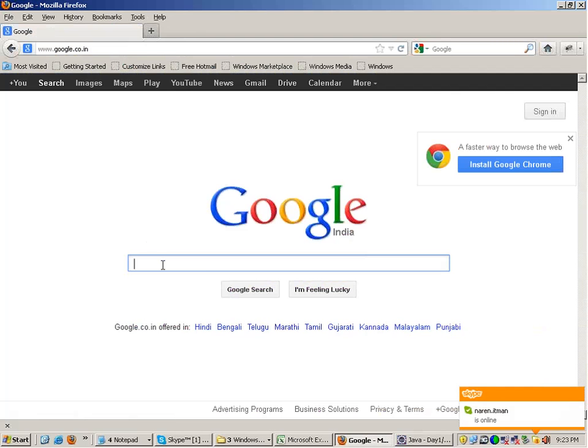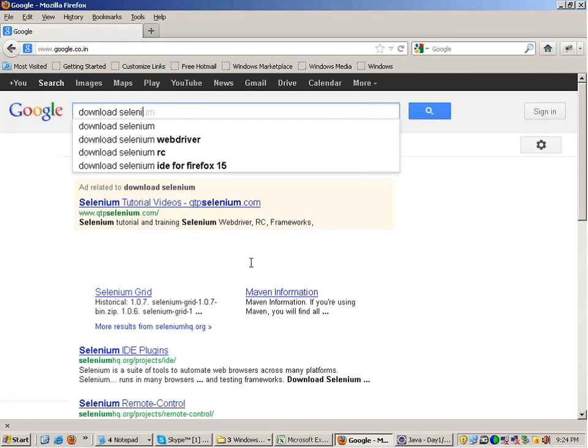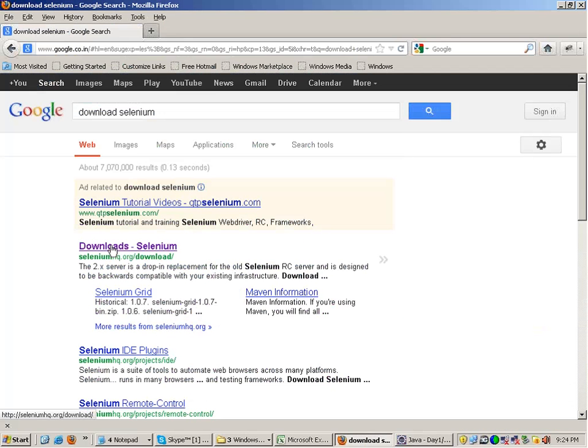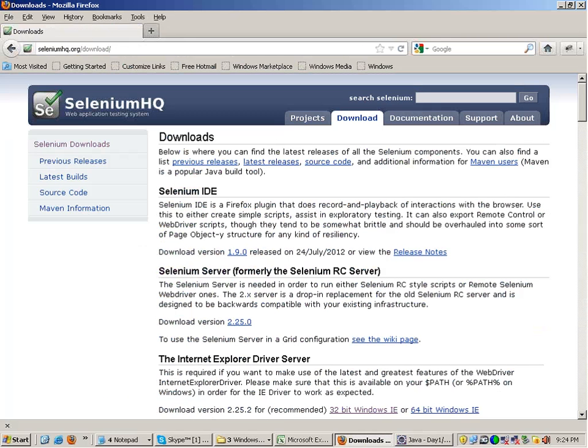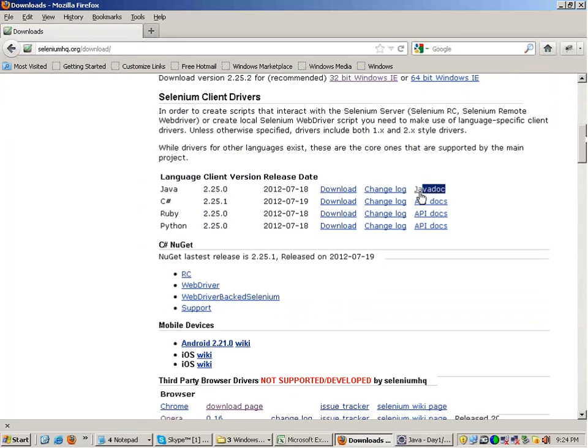If I write over here, download Selenium, you have this, and now if you scroll down, you will see a Javadoc link out here. And this is actually the documentation of Selenium.